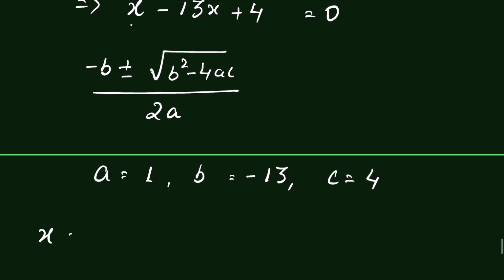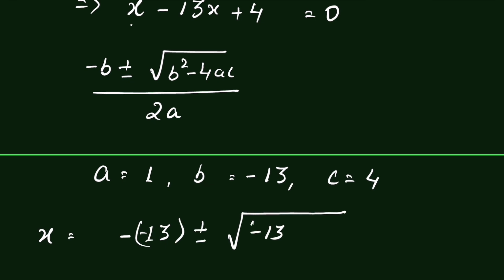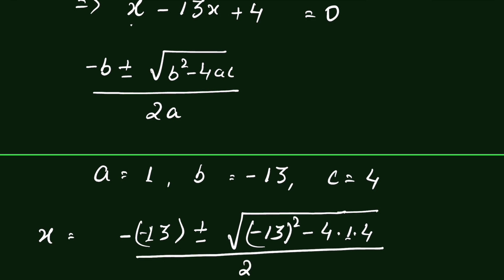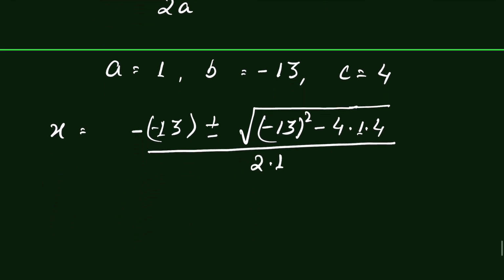So x will be minus b, that is minus 13, plus minus square root of 13 square minus 4 times 1 times 4, upon 2a. So 2 times 1, or x is equal to minus minus plus, so it is 13 plus minus